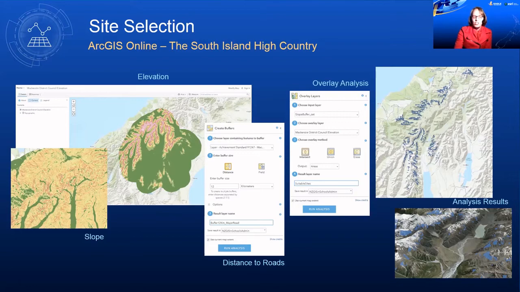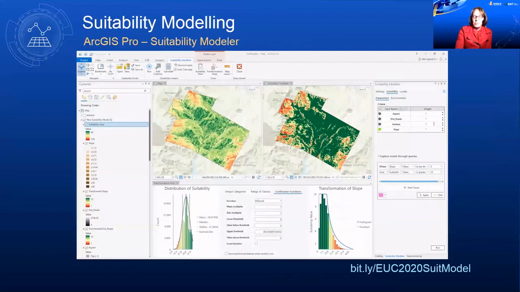Now let's switch to ArcGIS Pro to see a little bit about suitability modeling there. So if any of you have ever been to university and done a GIS paper, you will note that suitability modeling is a core part of the things that you do. However, with the release of ArcGIS Pro 2.6, suitability modeling has just become easier with this really cool new tool called the Suitability Modeler.